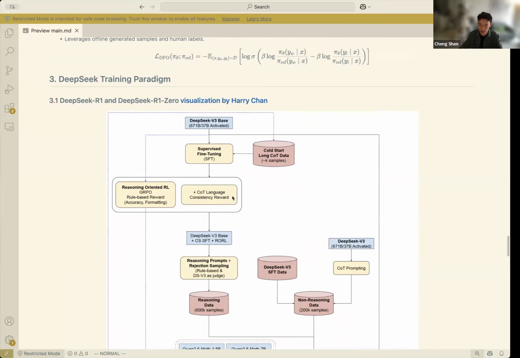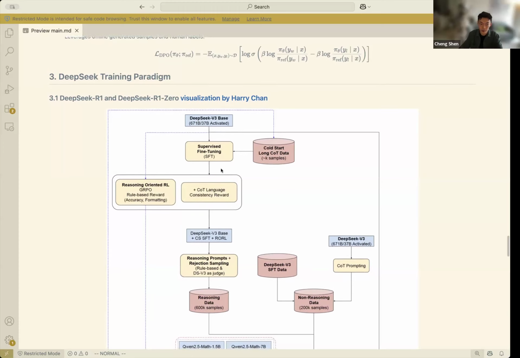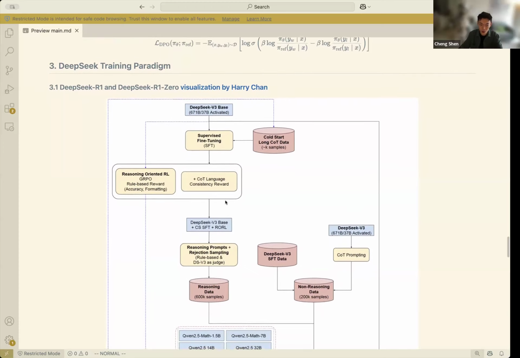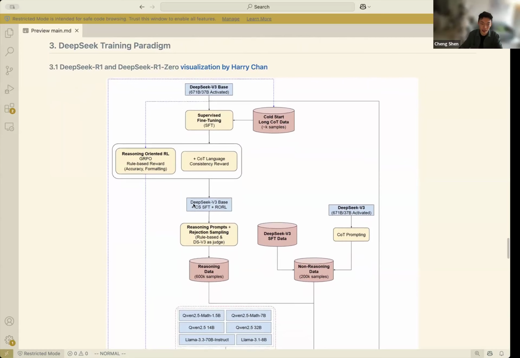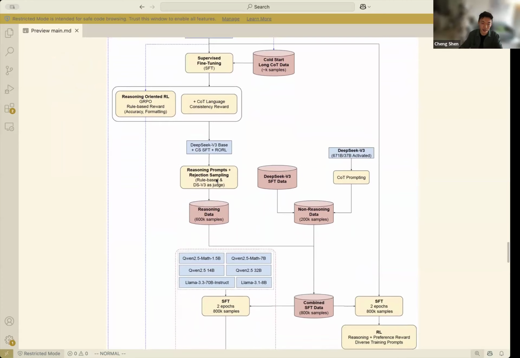So they are a mixture of languages, and that's why they added a new reward to encourage the behavior with consistent language output. And after this reward process, they get this model, the DeepSeek V3 base with reasoning-oriented RL plus the cold start supervised fine-tuning. And then